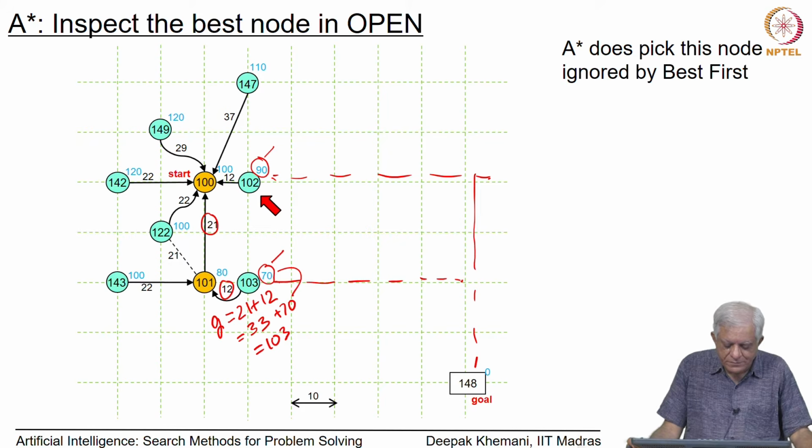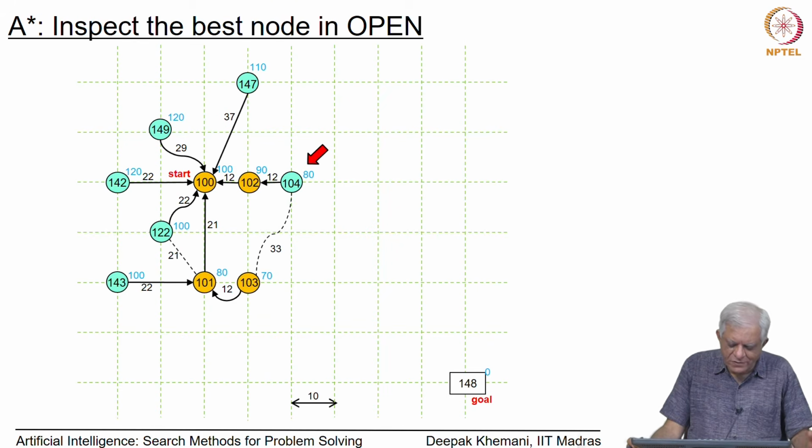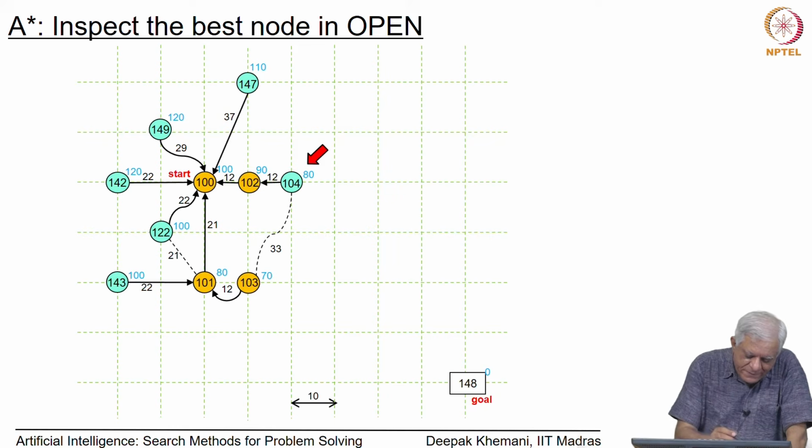102. So, once it picks this node, it adds its neighbors, and its neighbor has an estimated cost of 104, the new neighbor it has generated, and the node 103, which is what best first had inspected, comes back into contention and it becomes the best node. So, again it expands that. Now, notice that when it expanded this node 101, it found a new path to the node whose